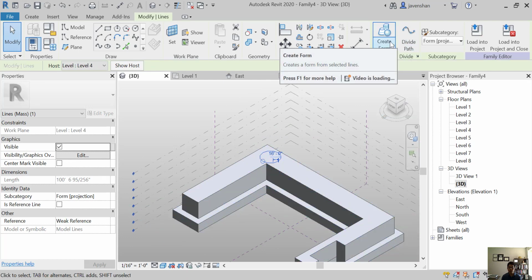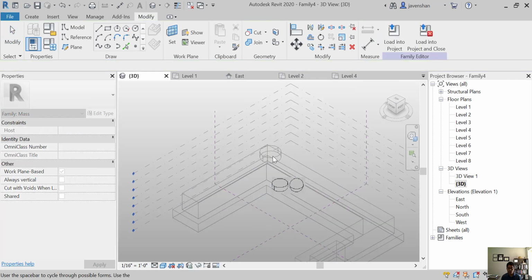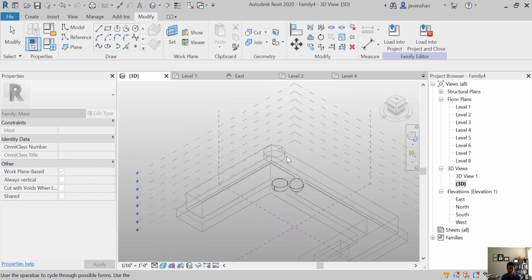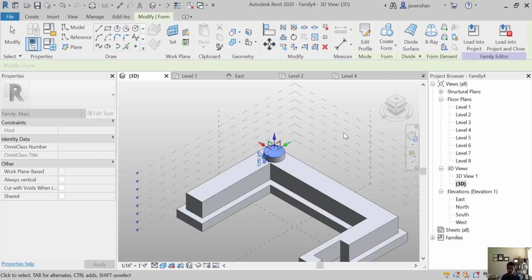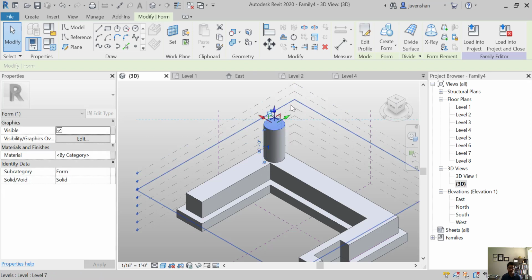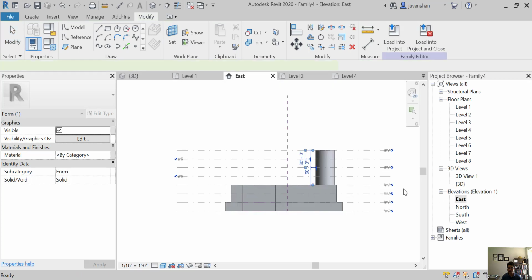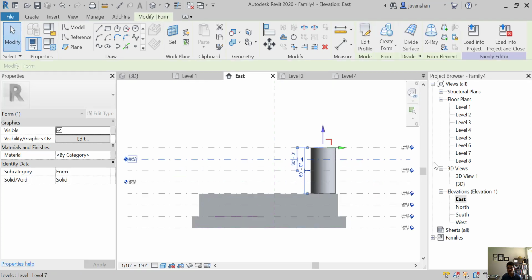So since last time I used void forms, then I'm going to use a solid form. Click drop down and click that. Now it gets created. Now I would like to continue drag this tower to the top of the floor until the top floor is highlighted. I believe now we are on level 8. If you want to verify, you can always click the elevation view, and now this is created. I would like to go back to 3D view,